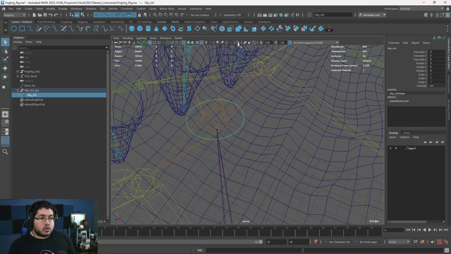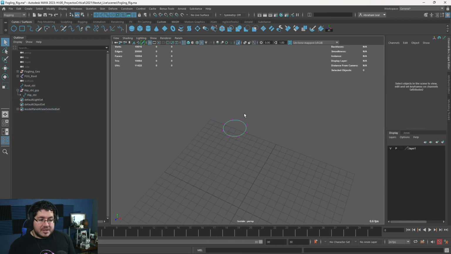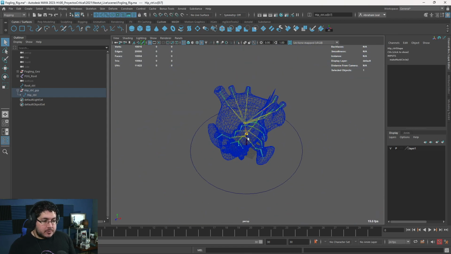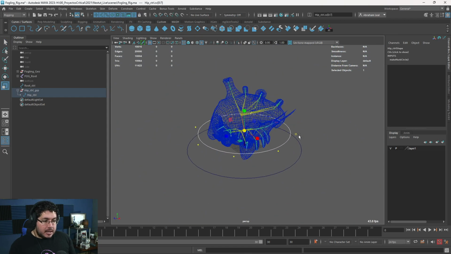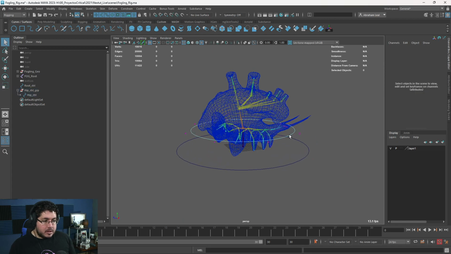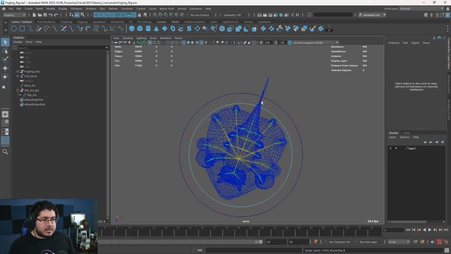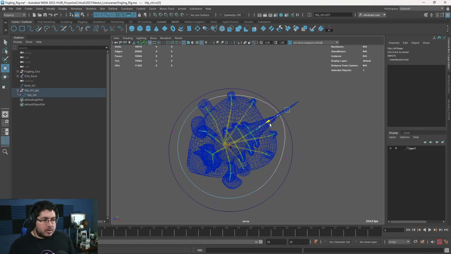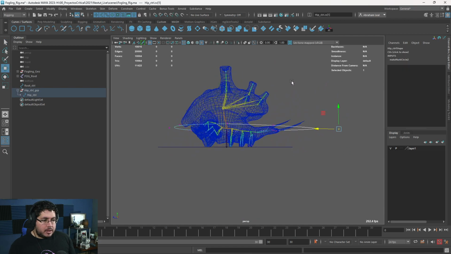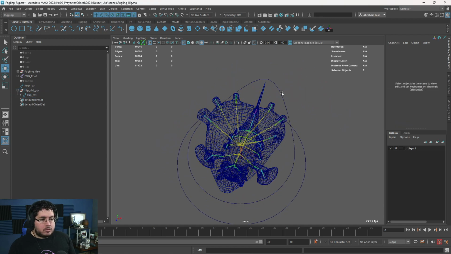Now we can grab the hip control, and you never modify this, guys. You don't want to scale it, you don't want to rotate, you want to keep it exactly as it is so that you don't get into any problems. But we can go to the control vertices, for instance, and we can make this thing a little bit bigger, like this. So this curve right here, you can even change the shape if you want. Like for instance, since this character has a sort of roundish shape, we can move it all the way like this, so it fully controls the element.